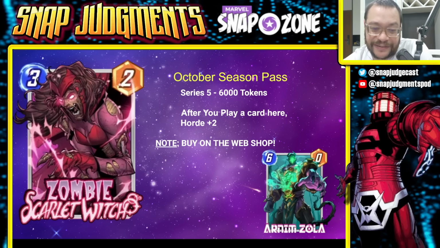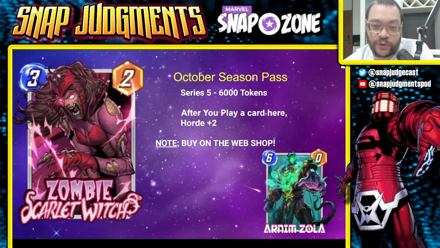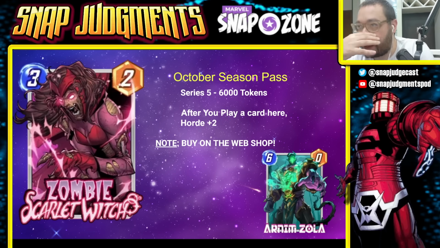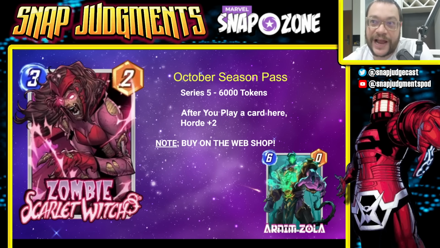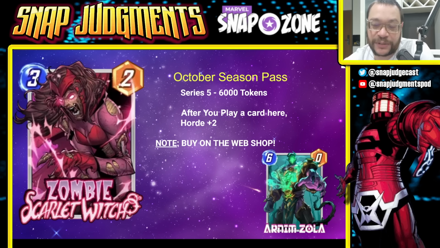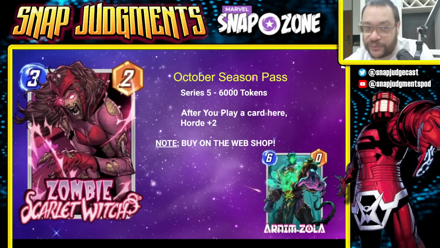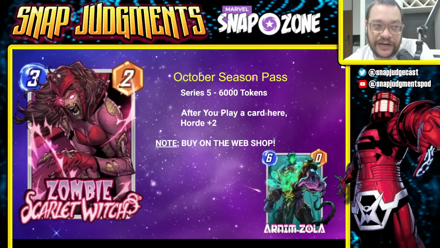text on Zombie Scarlet Witch is she's a 3/2 after you play a card here, Horde +2. So when you play a card on her location, she creates a card in another location that gets +2 power the first time. Every time thereafter, that same card gets +2. It's a 0 power card that gains 2 power every time you play another card on Zombie Scarlet Witch, which means you want to play a lot of cards there, and then you want to get cards out of the